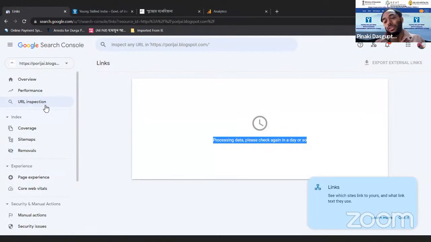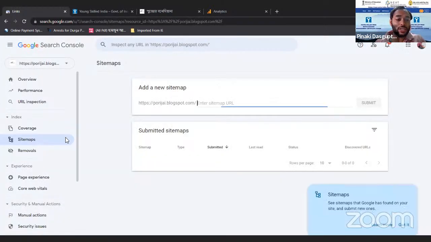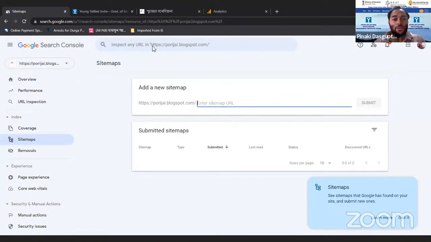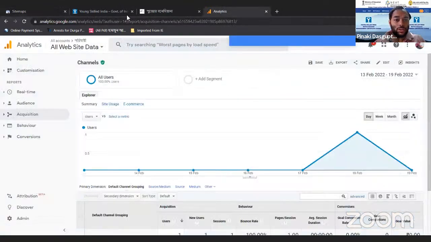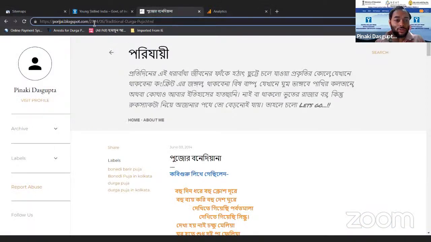So this is what Search Console is. Whenever you build or launch a new website, your task is to create a Search Console property, submit the crawl and indexing request to Google, and also check whether there is any issue in your website or not. I have also missed this sitemap, so let me check whether there is any sitemap or not.